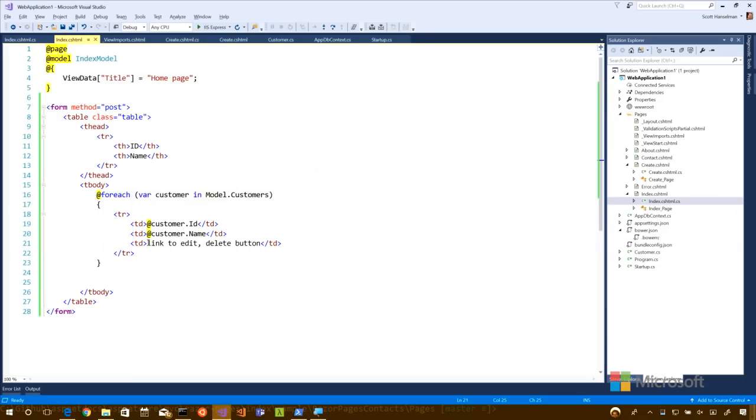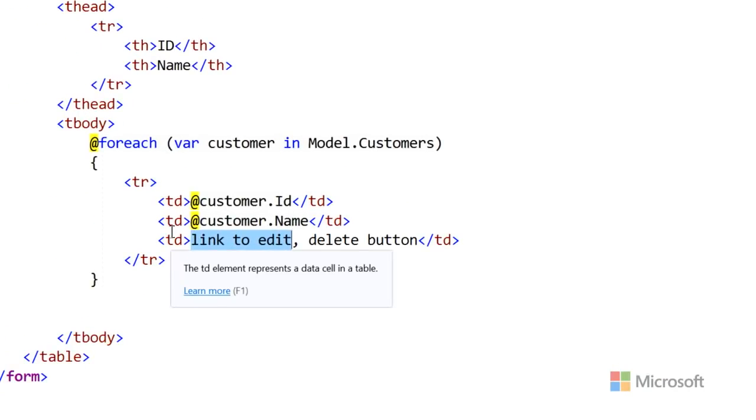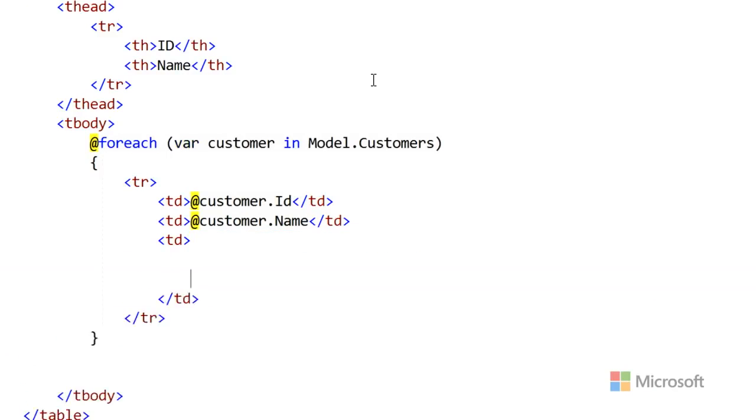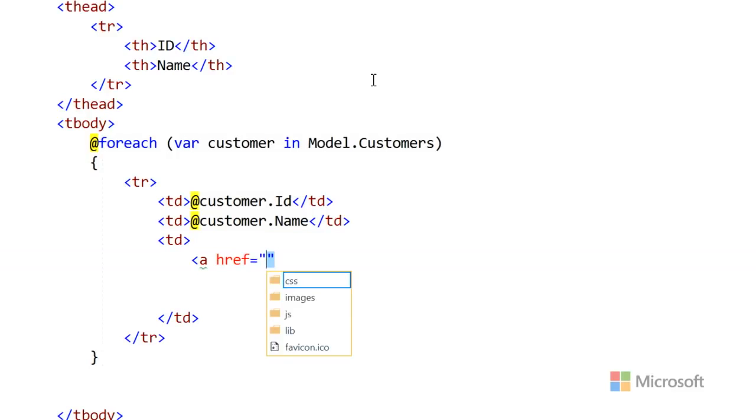Now let's make a link to theoretically go and edit these things. And then we'll have a button for delete. These things don't exist on the back end yet, so we don't have an edit page yet. But we can make a link. Now I could go and put in a link, href, you've done this before a million times, and say /edit, and then put in